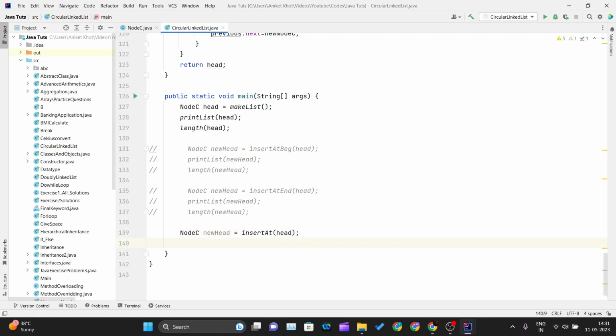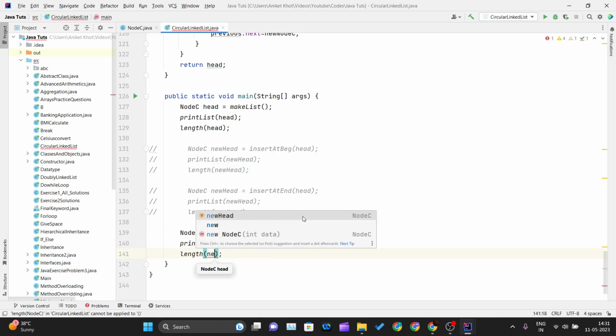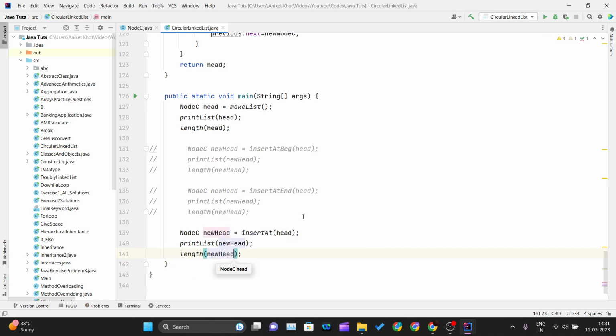Okay, and after that we will call our print list method with the new head passed, and we will again call the length to check whether the length is getting updated, and the length will be incremented by 1. Okay, so let me just run this,